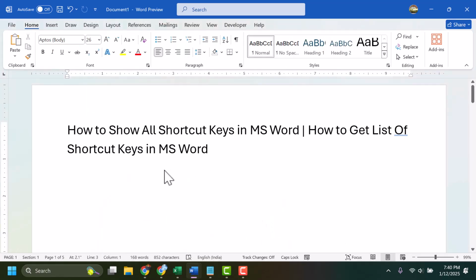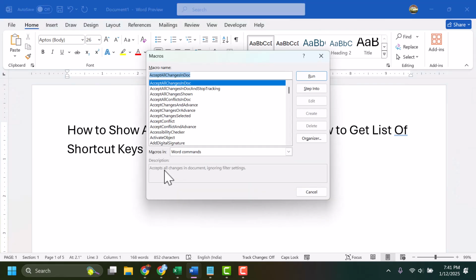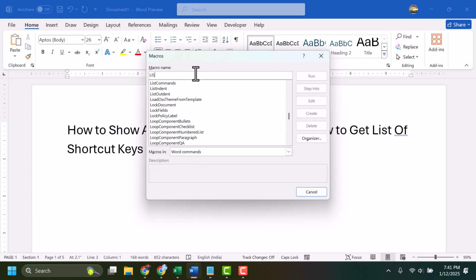So click Alt plus F8 on your keyboard. So you will see this macros. Here select word commands, and in macros in select word commands, and here select list. So and there are so many lists. You have to select